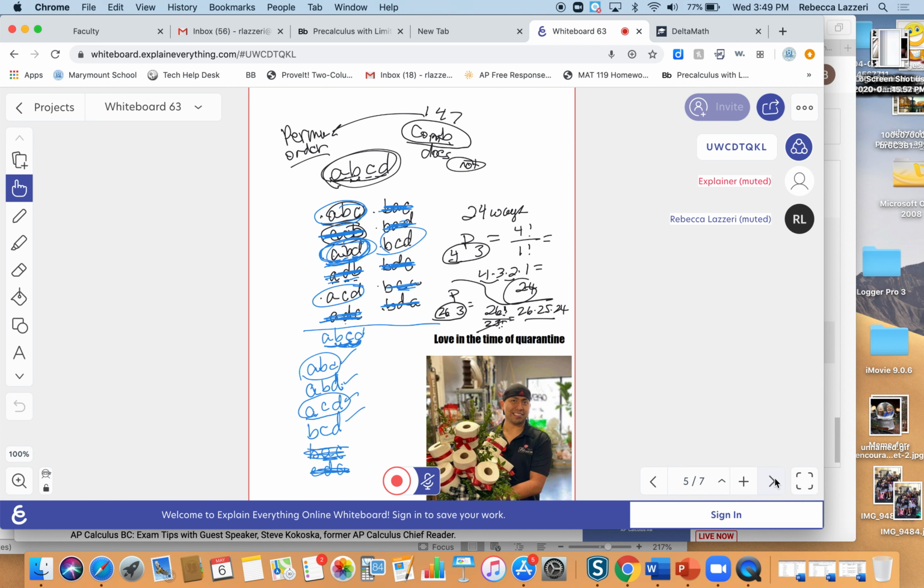All right, so what's the quick way to do this if you want to say, okay, I'm going to do a combination where order doesn't matter. So it's a combination of 4 things 3 at a time. To do that, you put this on the top, you still subtract these like you did with a permutation. 4 minus 3 is 1 factorial. And then you add this on, 3 factorial. So it gives me 4, 3, 2, 1 over 1, and then 3, 2, 1 cancels out, and there are only 4 ways, so I got them right here.